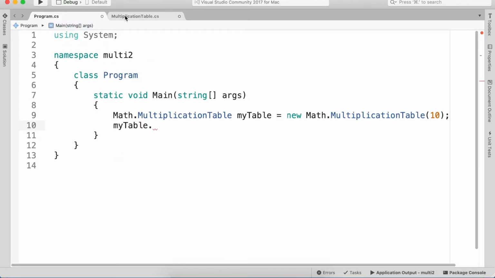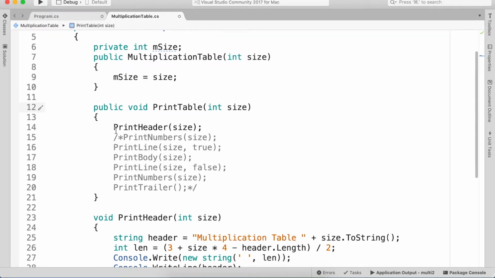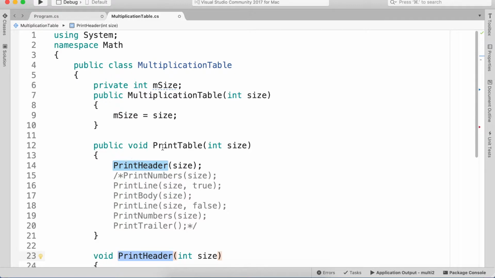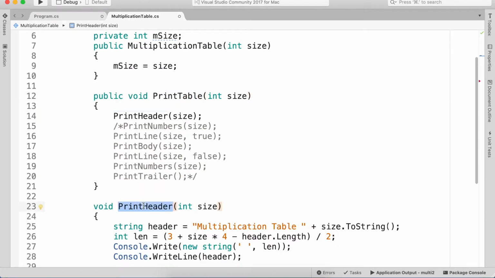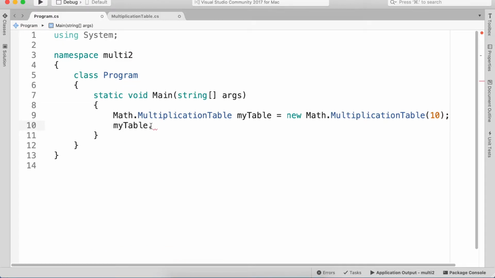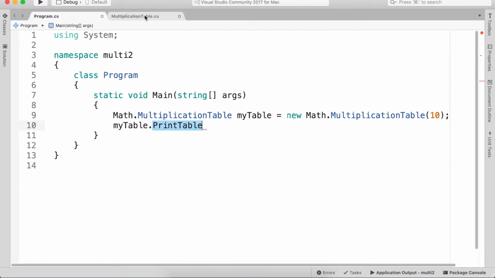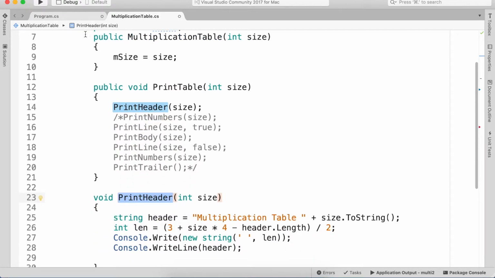So now, this one we don't have to put public because we're not planning to access it from outside of the class. We're accessing inside the class, so in this case we don't have to put the public for this method. Any function has access to any function in the same class, but outside the class, like here, you see, looking at drop down, this IntelliSense, it only shows you print table. It doesn't show you print header, and that's crucial for